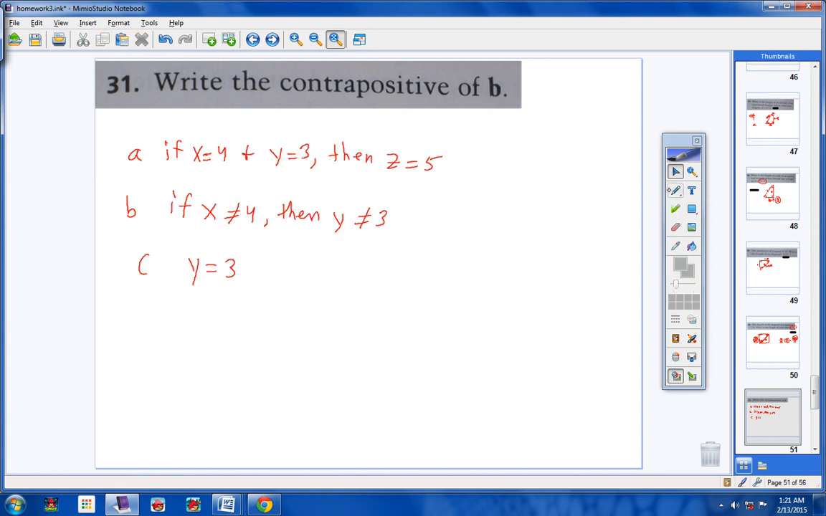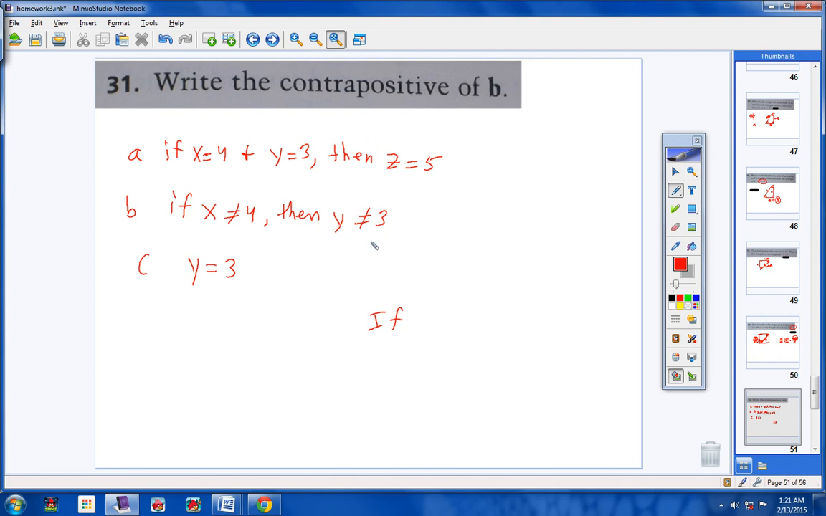Okay. Alright. Write the contrapositive of B. Now let's review. The converse of B would be to just swap your if and then. But the contrapositive is you swap your if and then, but you also negate them. So the answer would be you would put if,